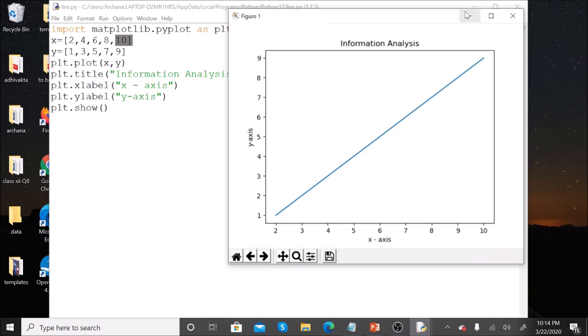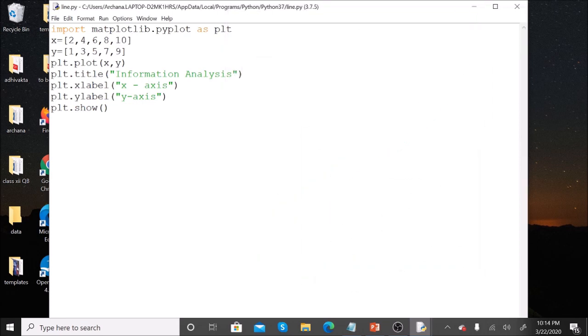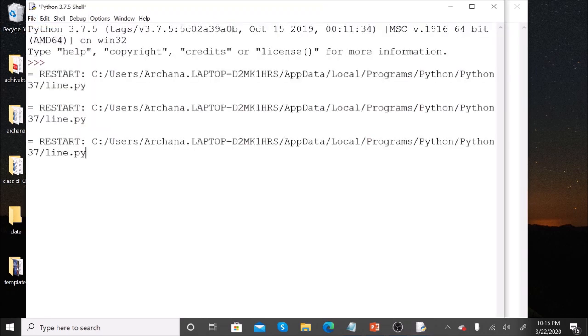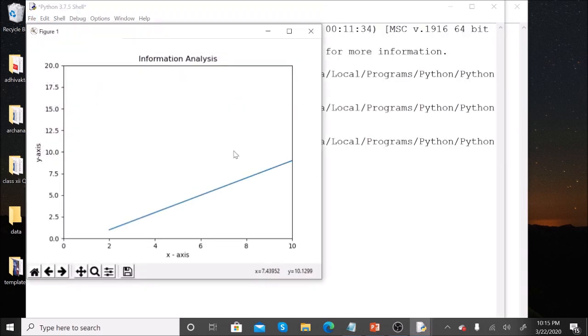If you want to change the scale of the graph, you can give the command plt.axis, in which in the form of a list you can mention the scale for the x-axis and y-axis. For the y-axis, we have taken 0 to 20. Now again, we'll see the graph. The scale has been changed. For the x-axis, you have 0 to 10. For the y-axis, you have 0 to 20.